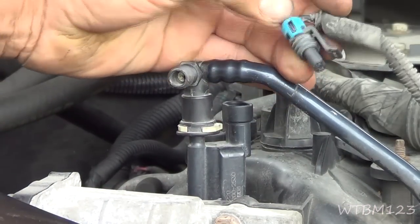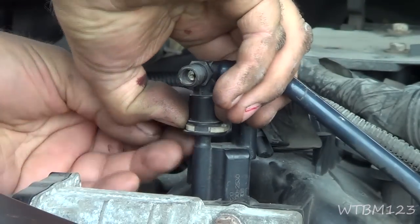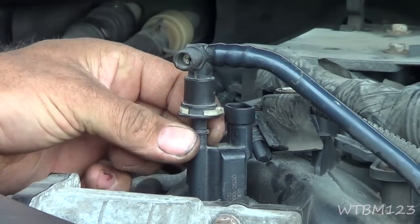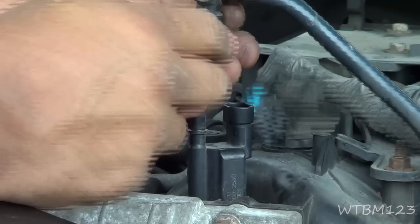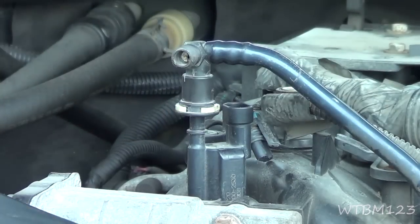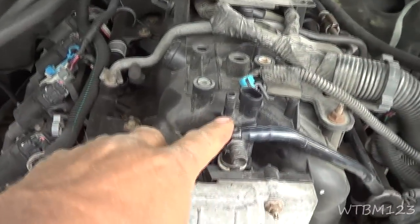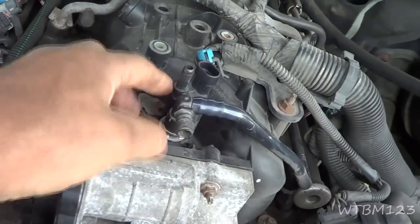Okay, on this one here, there's that wire tab, it just pushes out and comes off. For now here, you push this side in and then you can pick that up. It catches on here, and this is just a white slide tab. Sometimes they might get a little bit stuck, but you just push that over to the one side and it'll release. Now we'll take our one bolt out. Okay, now this goes down into the intake manifold and should be, if I'm correct, closed